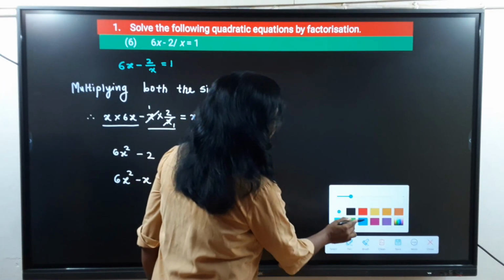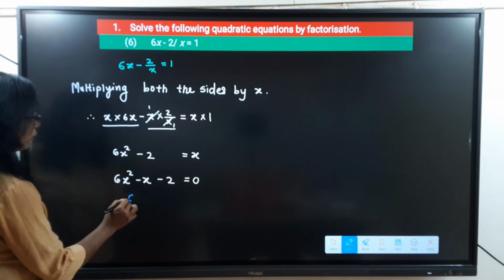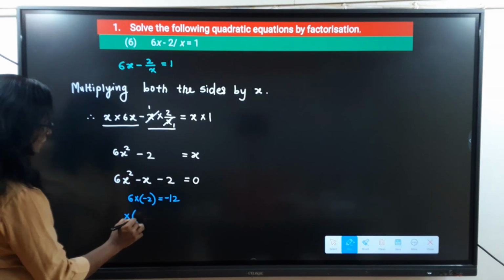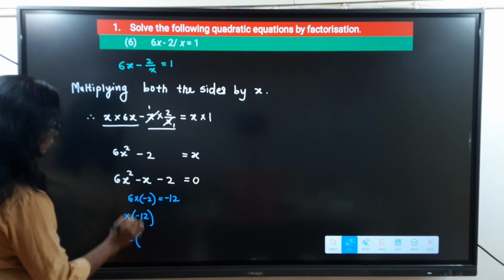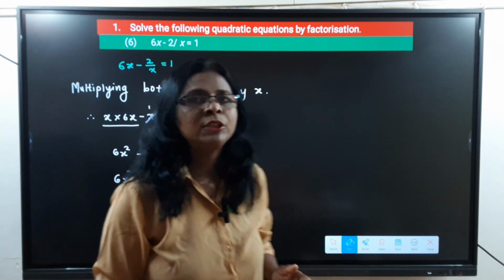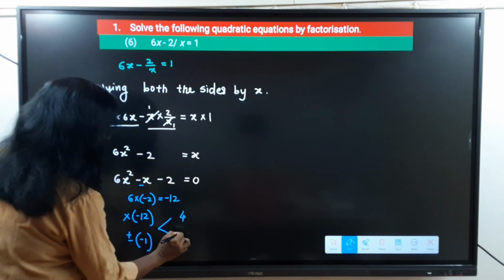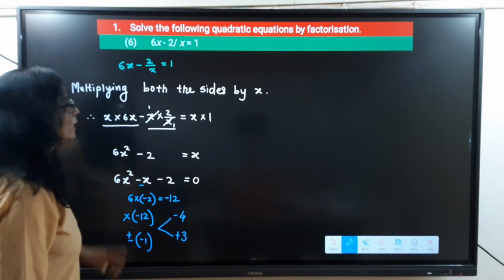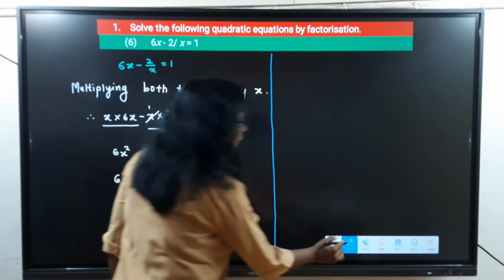Here we want two numbers such that their product will be minus 12, and their addition or subtraction will be minus 1. Such numbers are 4 3s are 12. So minus 4 plus 3 gives minus 1, and the product will be minus 12. Then the next part is that